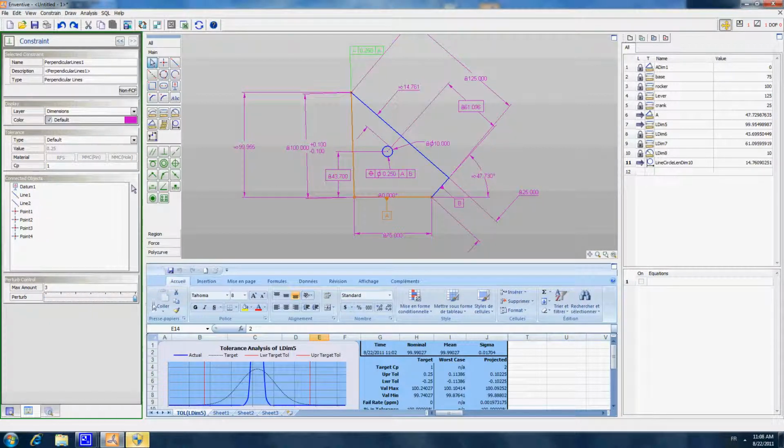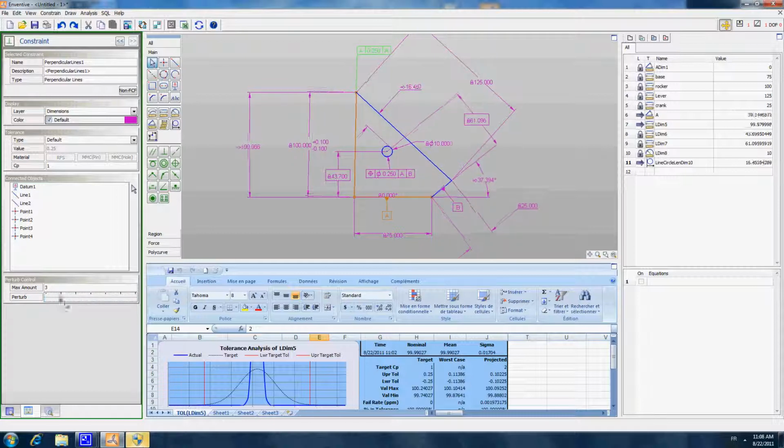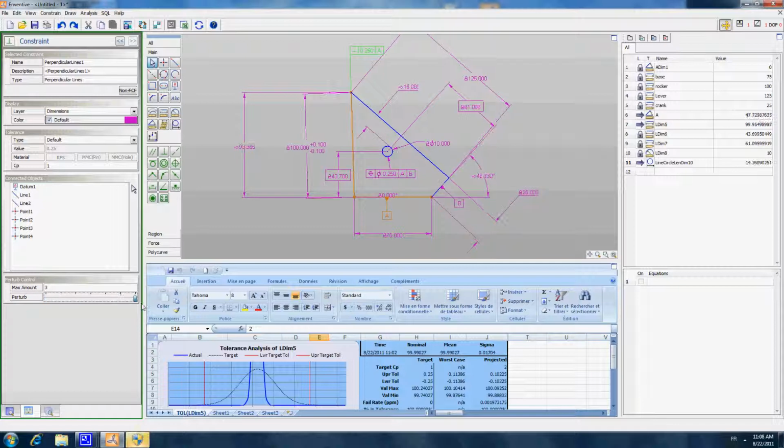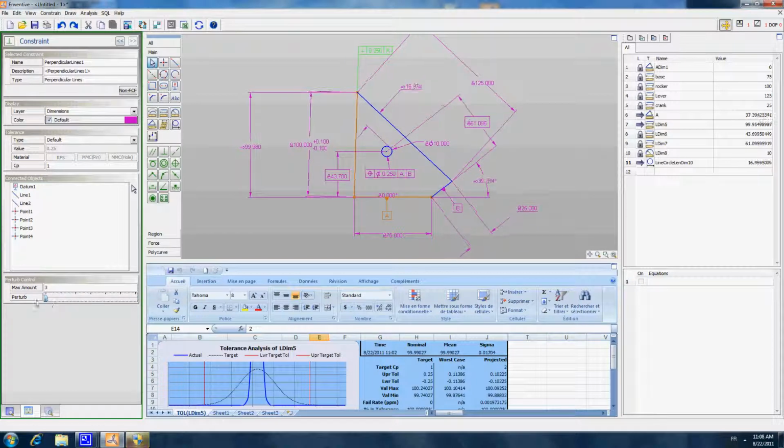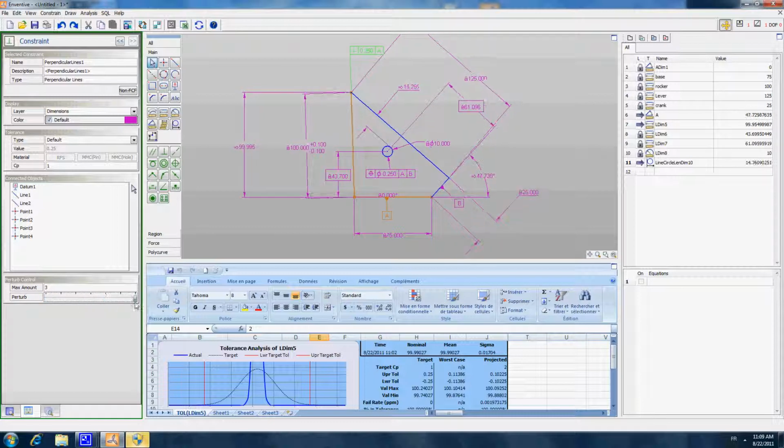So this little perturbation here allows to show that we are actually perturbing all the functional drawing of the component that we have created. And the system is able to do the mathematical perturbation of the output tangency dimension. So this perturbation proves the way the internal architecture of Inventive works.